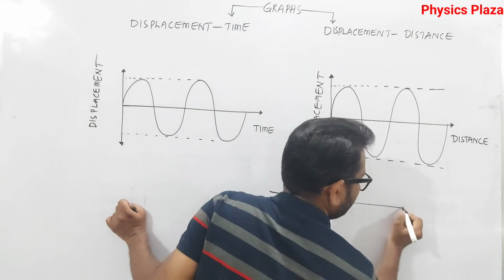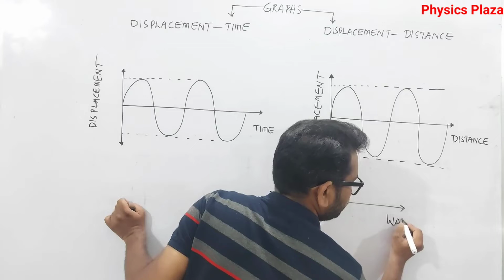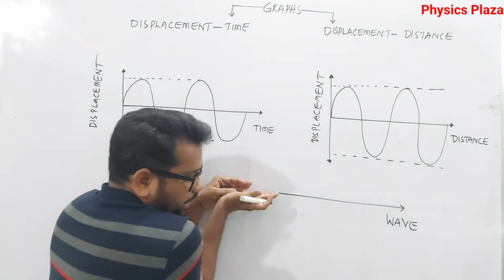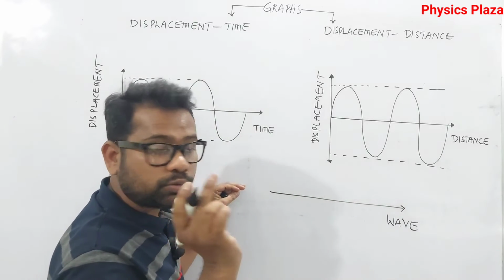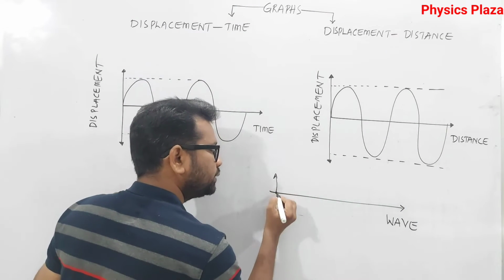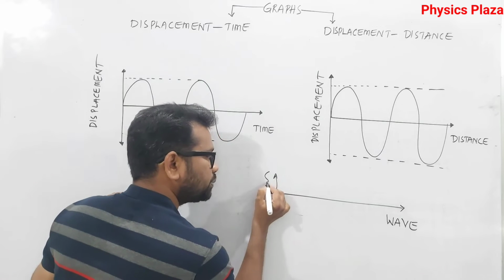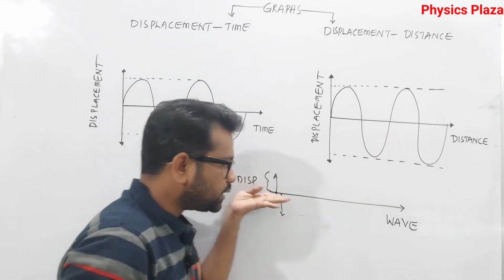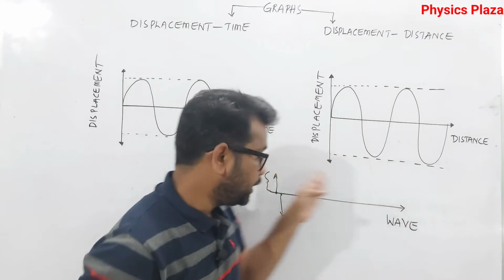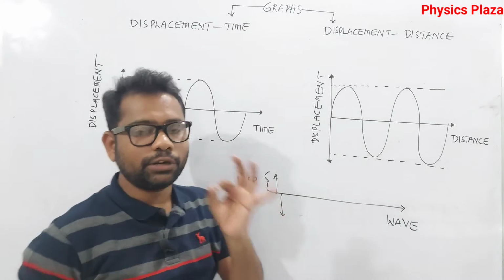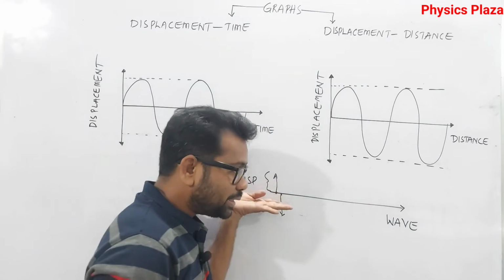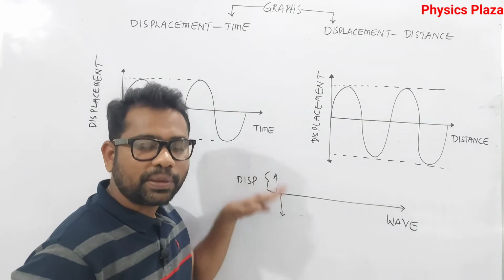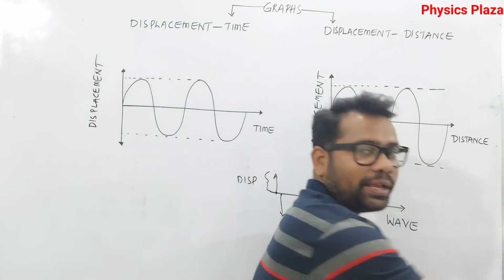Children, this is how the wave is propagating. So this is the distance covered by the wave. Children, try to answer, very, very important. Displacement means particles in the medium vibrate up and down. This is a displacement. And this is a distance. Distance for a wave, displacement of a particle. This clarity is needed here. Distance covered by the wave, displacement achieved by the particle. Hope I am clear? Fine.